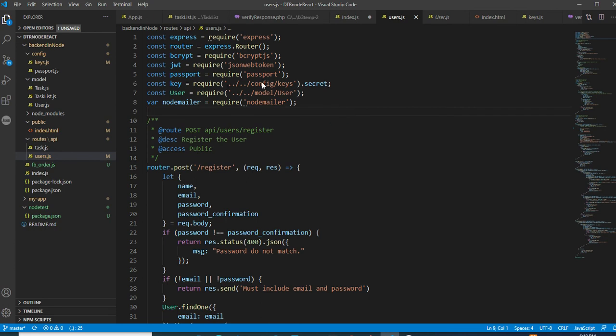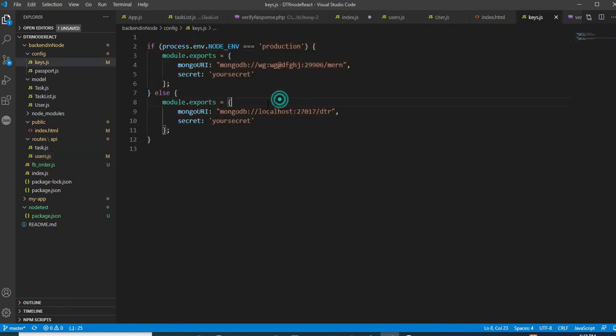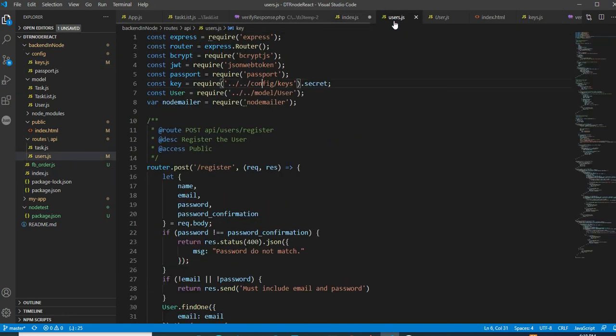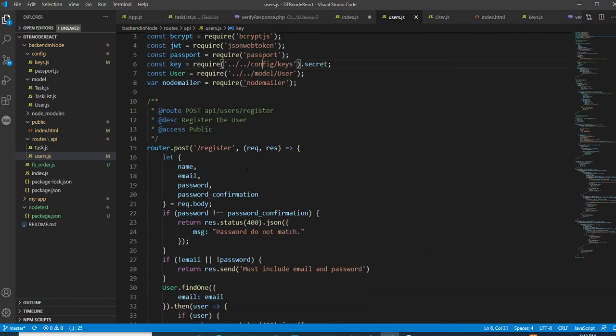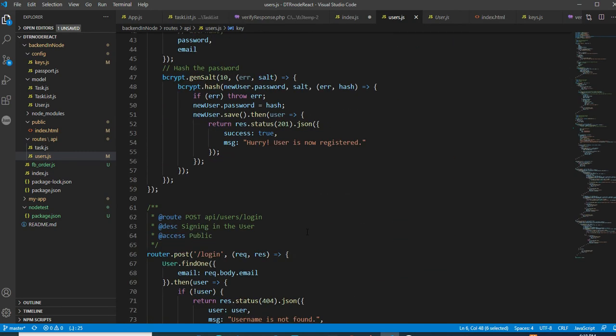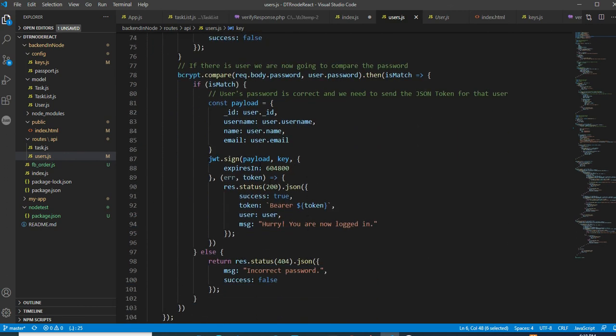So if you go to this particular page, you can notice that this is the secret. So secret is your secret, you can provide any name. So this is the secret, and this will verify here. Now I am going to the user.js. Here you understand the payload means user detail.